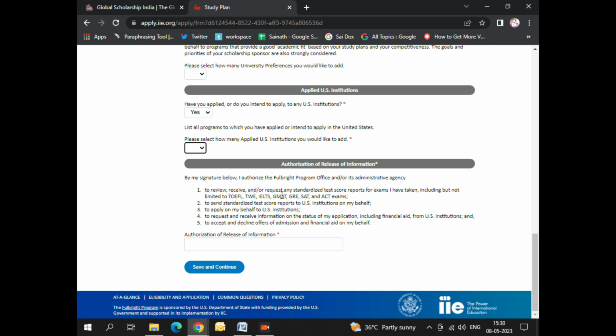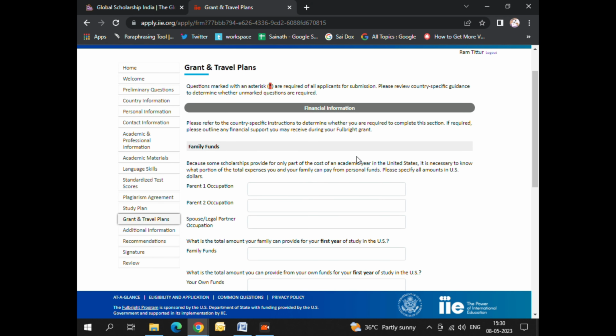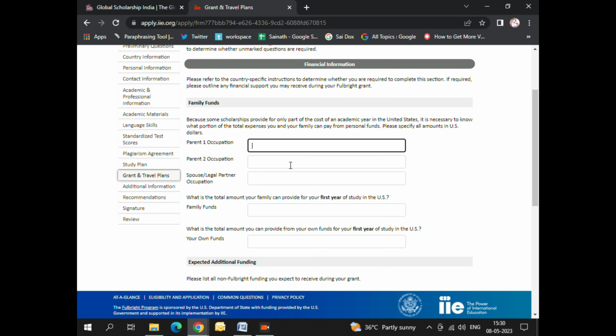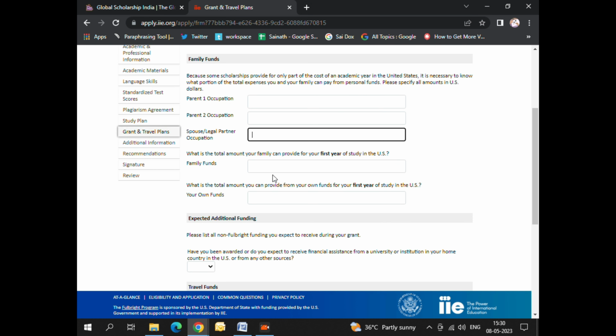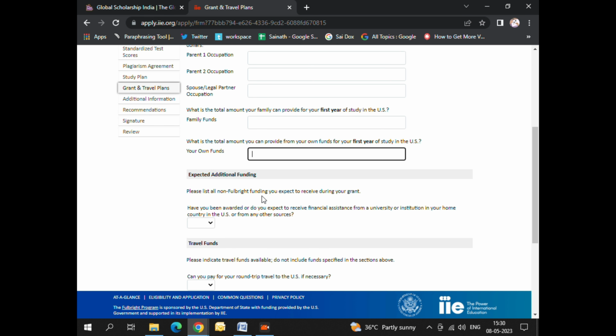And next you will find intended grant period. You have to mention the proposed length of stay in US, and you have to mention the date. And next you will find study research objective section. You have to choose the file here, and next you will find personal statement. You have to choose the file here, and next you will find writing sample, and next you have to choose the PDF file for personal statement, and next you have to choose the file for writing sample,